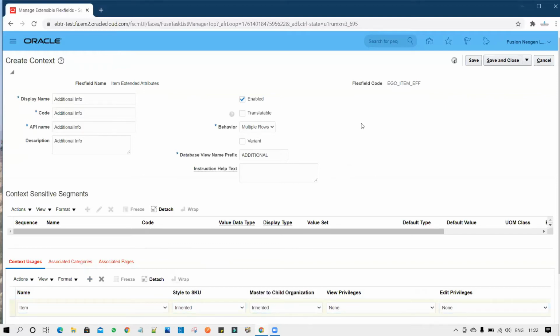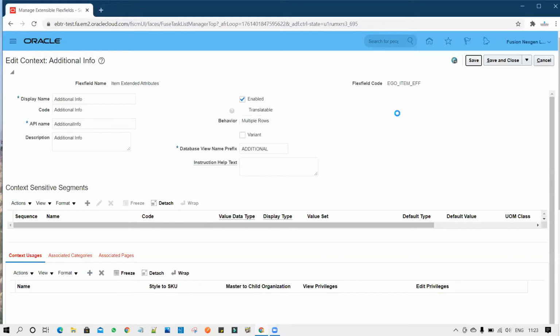The best feature in the item extensible flex field is that if you want to capture any additional information at the master item level, you can inherit all that information and flow it to the child organizations if all those values remain the same. So you no need to go to each child organization and update all those values. If the values vary, then don't put the inherited. Now save it.